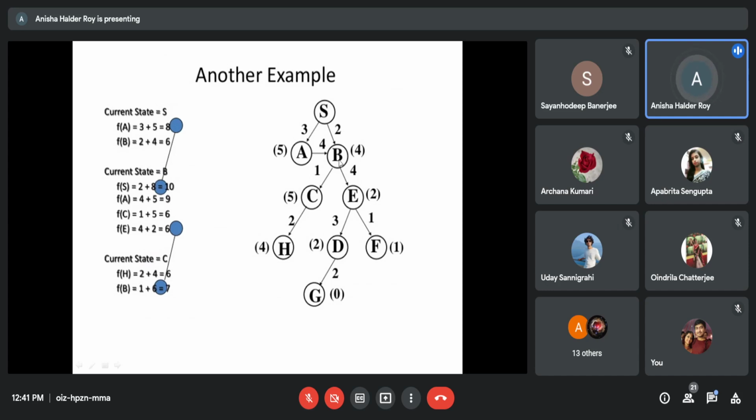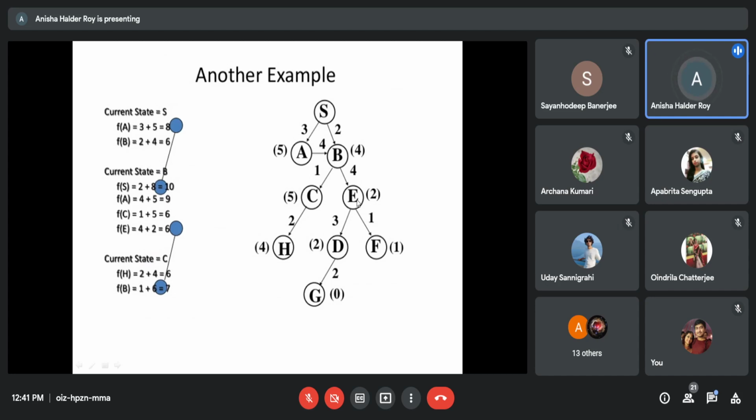As I have mentioned earlier, this is a bidirectional algorithm. The main difference between A star and AO star is the bidirectional algorithm. So, what happened in A star? A star will only go to the successor or the child. A star algorithm will only follow the forward path.